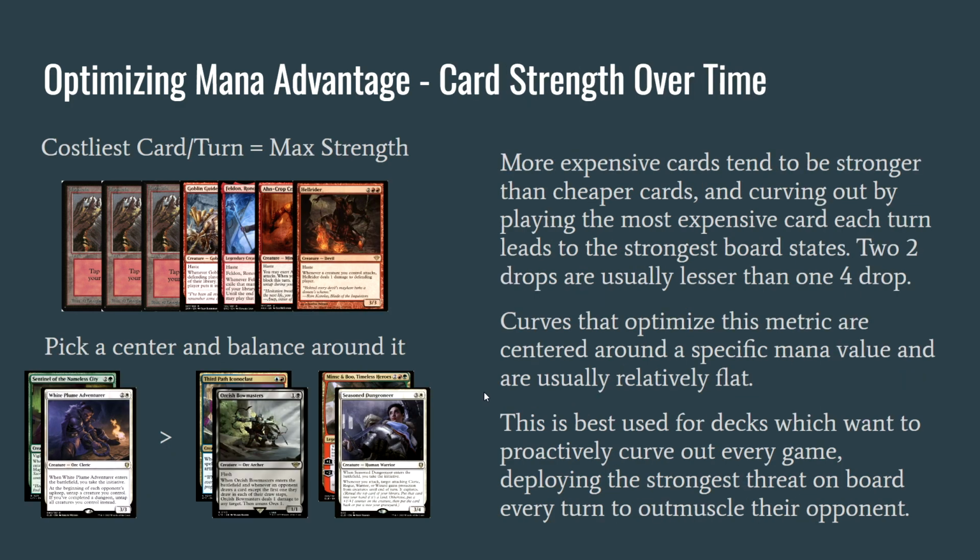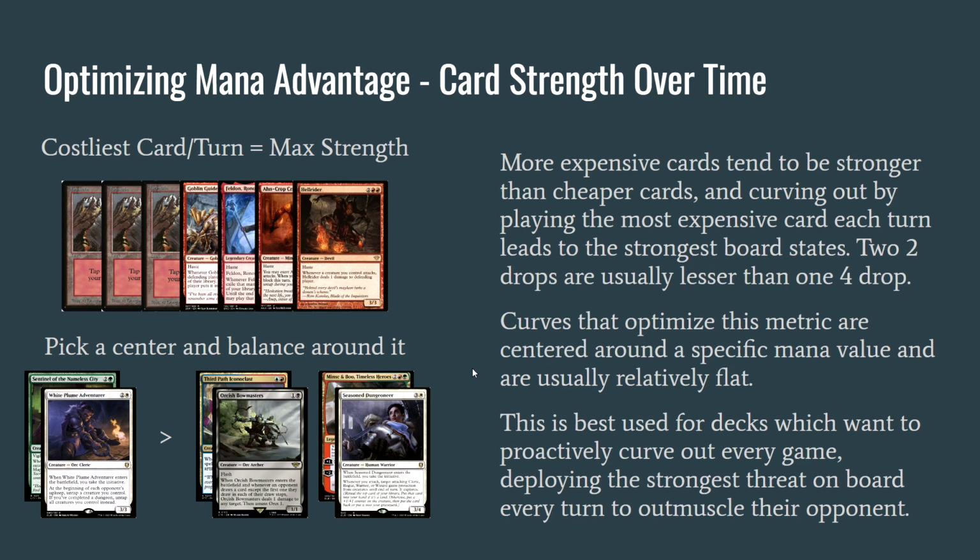A third way of optimizing mana advantage is to focus on card strength over time. The way this works is that ideally you play the most expensive card you can every single turn of the game. Usually cards that cost more are stronger than cards that cost less. A 4-drop is stronger than a 3-drop, which is stronger than a 2-drop. And so the idea is that you want to play the most expensive card at every single point in the